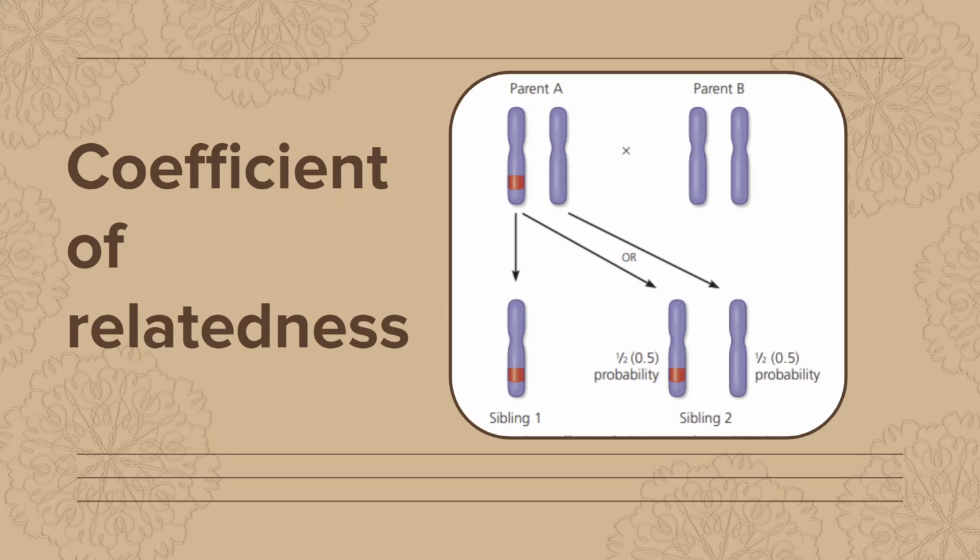What does that mean? Well, the way you figure out the value is by taking the coefficient of relatedness. In other words, the consanguinity, or how much genetic material and information you would share. For example, you would share half your genetic information with your brother. That makes the coefficient of relatedness 0.5, or one half. Similarly, you share half your genetic information with your mother and father. Again, that would make the coefficient of relatedness 0.5, or one half.